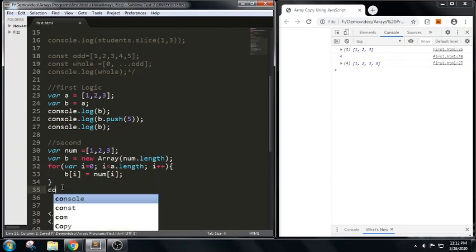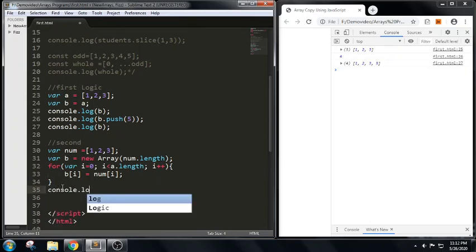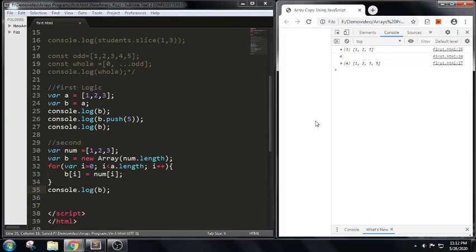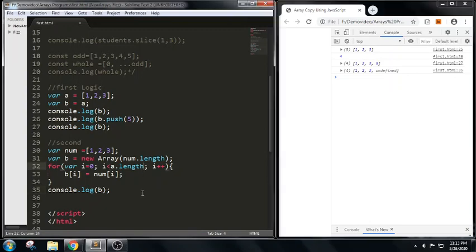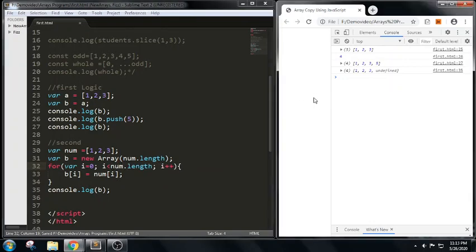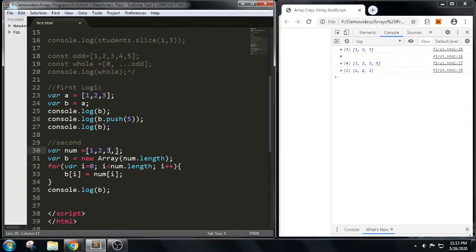Now if I want to print whether the array elements have been inserted or not, I can use b here. So let us see. You can see undefined. So we have taken i less than a.length, but there is no a.length here, we have num. If you can see 1 2 3, for example let me write some other elements here, 9 and 0. Is it trying to take the same, or yes, it is trying to take the num length.